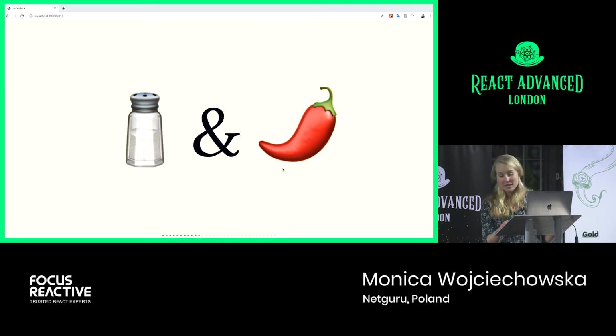And so what do I mean? Well, salt really enhances the underlying elements. It doesn't overshadow them or overpower them. Spices, on the other hand, change the flavor profile. So they bring your senses to different elements or different features. And so when it comes to data visualization, it's really a combination of the salt and spices that we want to add. We want to maintain focus, which is the salt, and redirect focus, which is the spices, in an appropriate manner. And so the trick here isn't just to add the salt and add the spices, but to add them where they are appropriate.